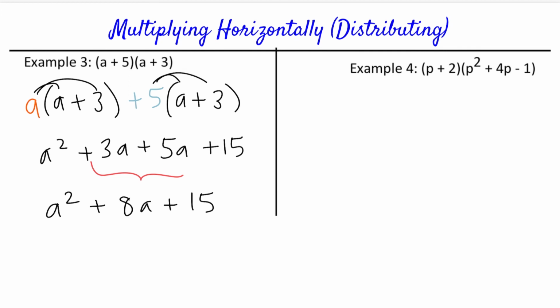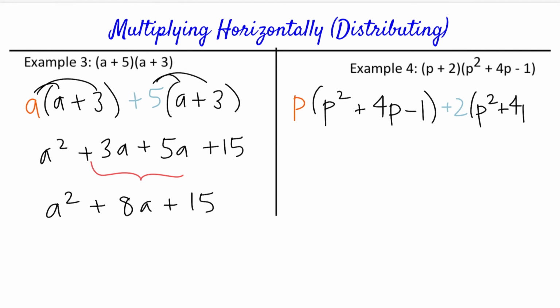So example 4 is a little different because now it's a binomial multiplied by a trinomial, but the process is still the same. I'm going to take that first term in my binomial, p, and multiply it by my entire trinomial, p squared plus 4p minus 1. Then I take the second term in my binomial, 2, and multiply it by my entire trinomial again, p squared plus 4p minus 1. Then from there, I use my distributive property,